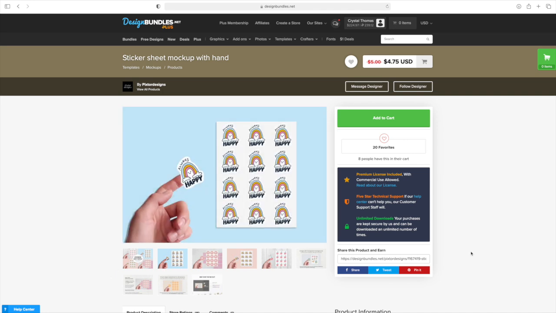So let me go ahead and show you how to use a couple mockups today, as well as using PNGs versus SVGs. And what we're going to use today is Cricut Design Space. You could use this in Canva, PicMonkey, over on Silhouette, wherever you want to, but Cricut is free. So let me show you how to use it.